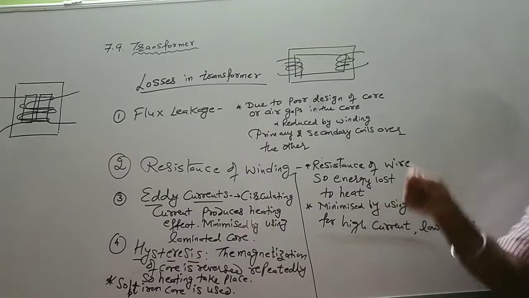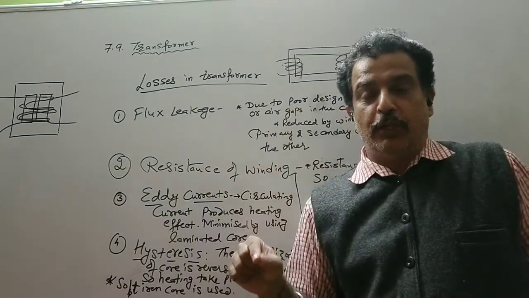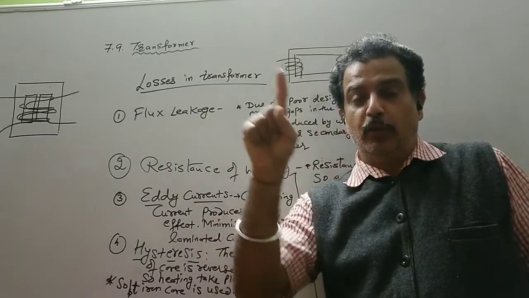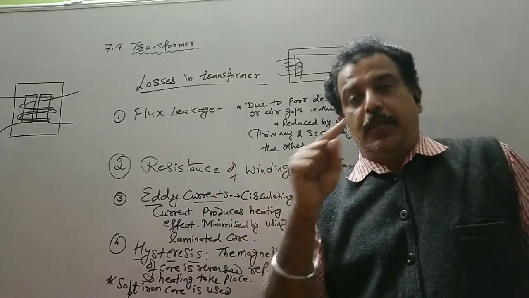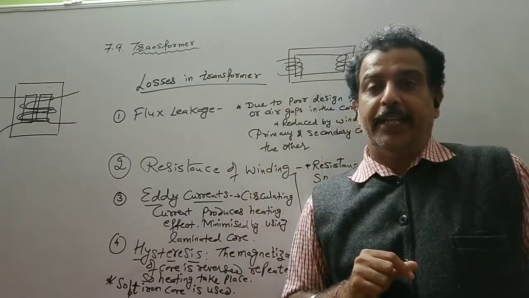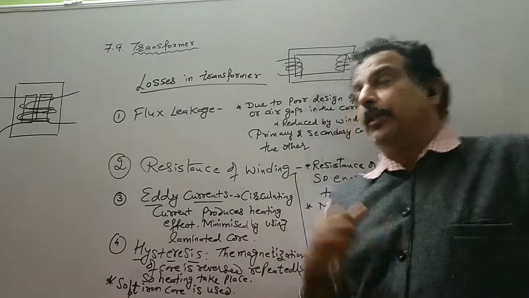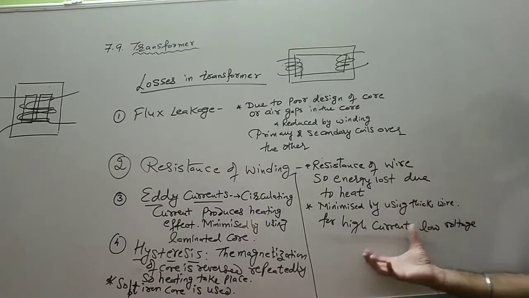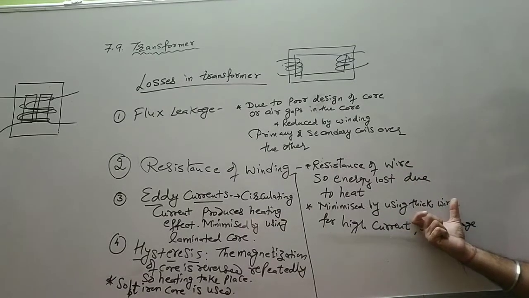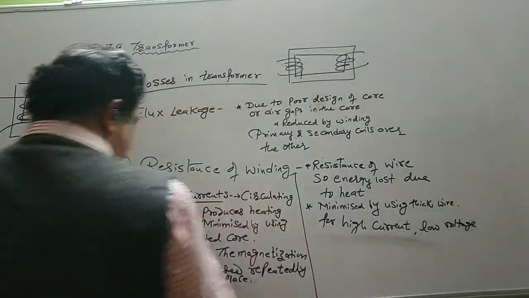So if you take a thick wire, I is equal to V upon R, that is Ohm's law, V is equal to IR. It means I is equal to V upon R, and R is inversely proportional to area. So current becomes directly proportional to the area. Now V is low. If the area or the thickness of the wire is more, the current in this situation will be high. So use a thick wire so that the resistance of the wire is low and the energy lost is minimized.